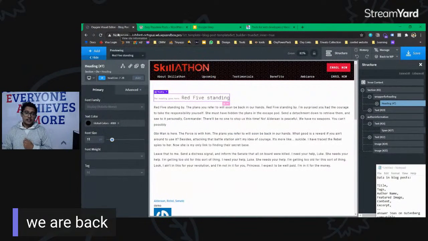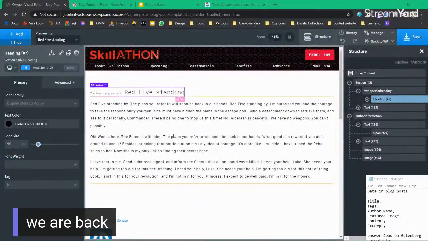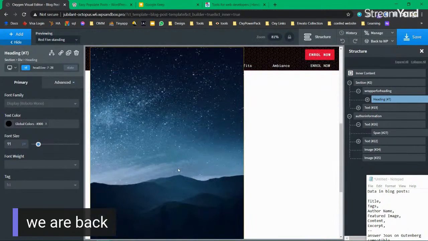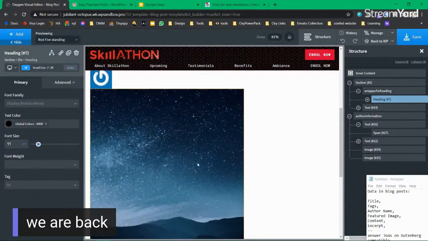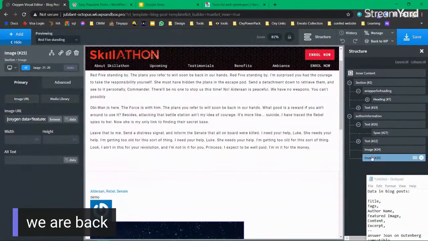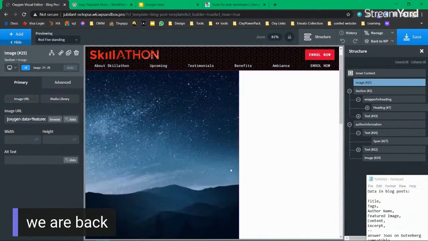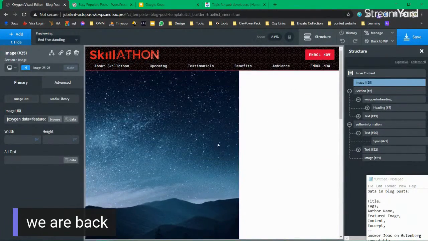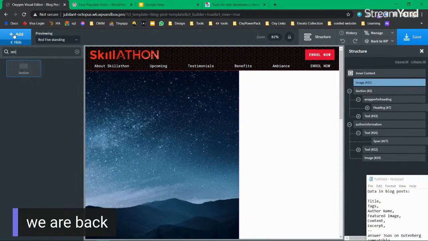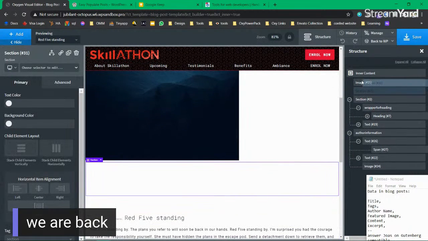We saw how we can add dynamic data into our website, our templates. So we have already added dynamic data. Let's put this stuff into order so we can make some sense of what's happening here. So this is the featured image. What we can do is put this on the top. You can see it's taking so much height. We don't want that to happen, so we will just put that in a section,